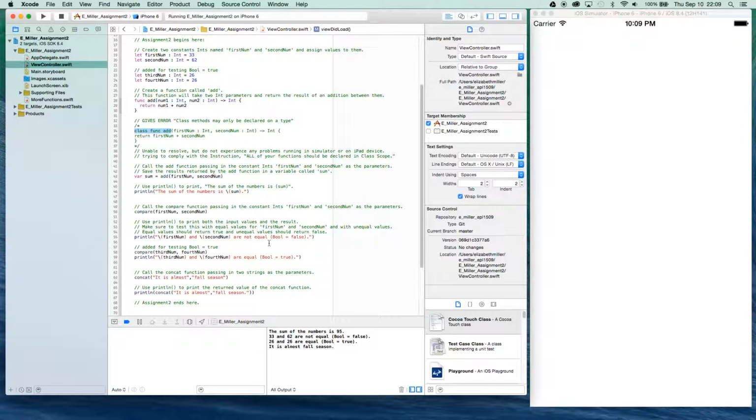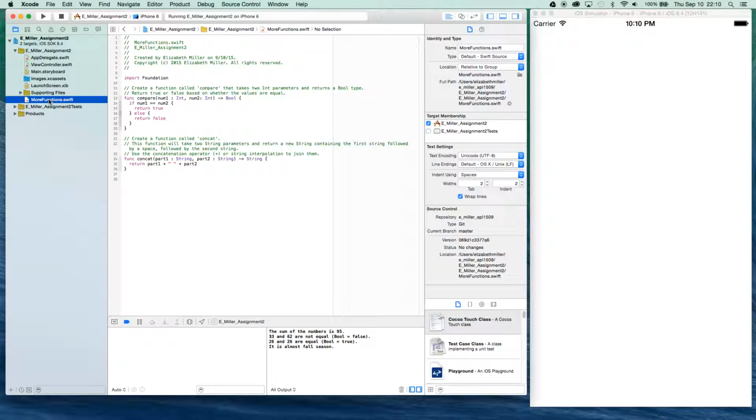Going on, over here, we created another file, more functions, or according to the rubric, it should have been more methods. I hope that's not a deduction because the rubric and the instructions online do not match. But here we were supposed to create a compare function that returned a Boolean value and then create a concatenation that returned a string. So here are these two functions that I created over here in a separate file,